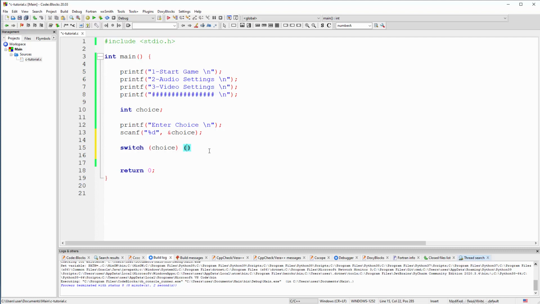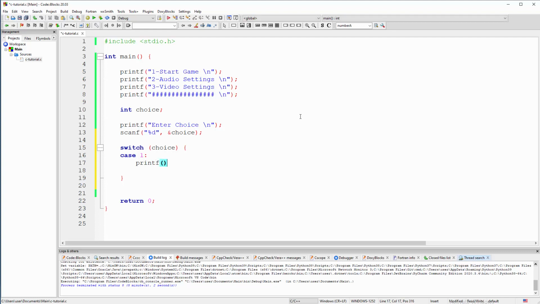And now we are going to roll with individual choices, like what's going to happen when the end user presses 1, how to react. Well, now another keyword, which is case, and now we're going to target 1. Okay, so in case that choice is a 1, we must do something. So how to go to that operation? Then we must use a colon like this. Okay, don't forget this symbol. And then operation. For simplicity reasons, we're just going to printf,